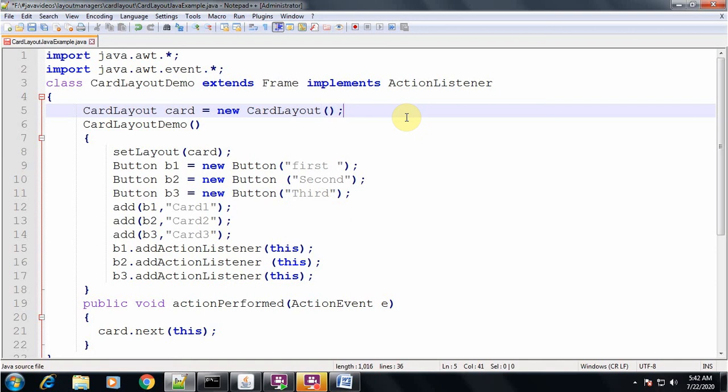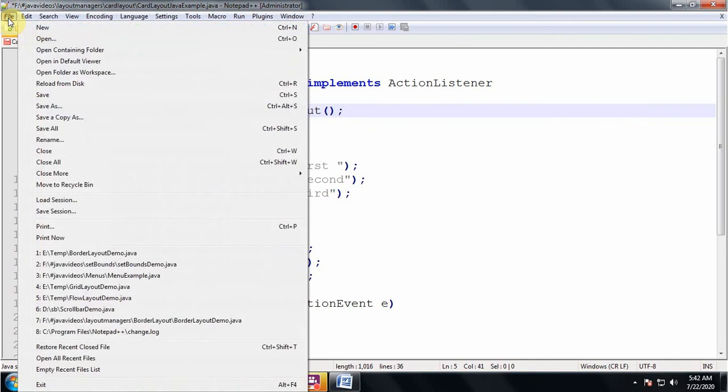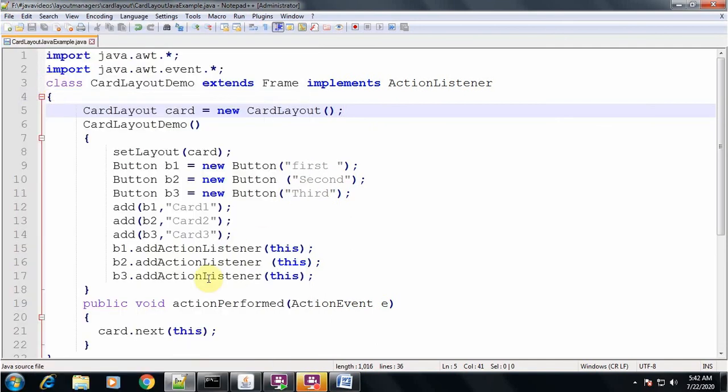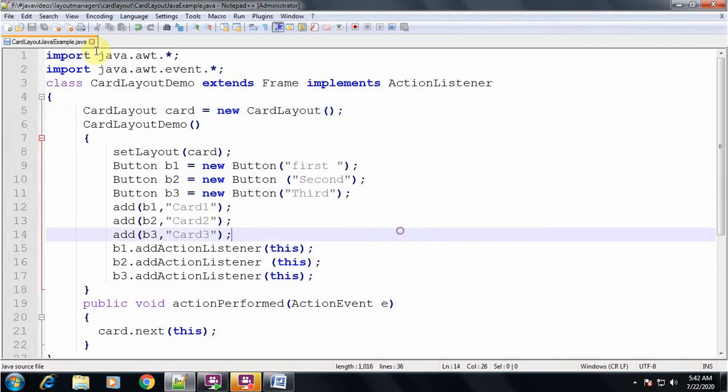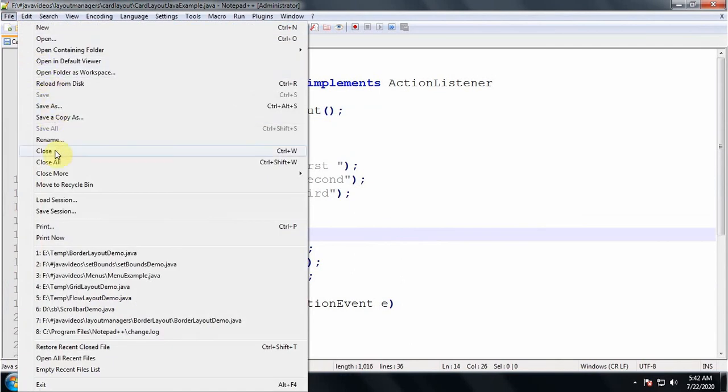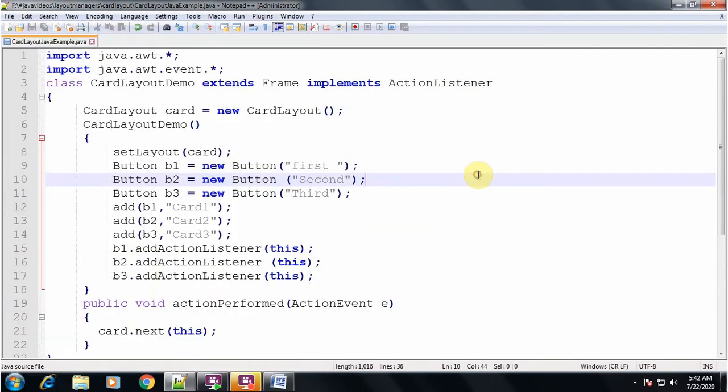Now when you use the default layout, the default constructor of the card layout, just have a look at what will happen. I'll close this one and go to the file. It's already saved.